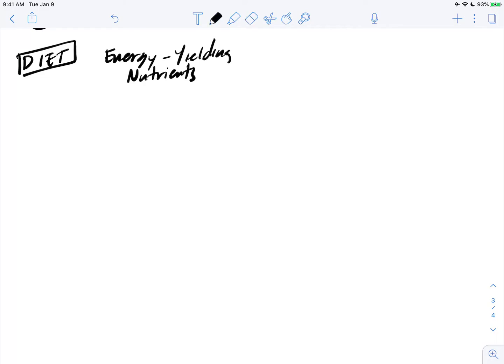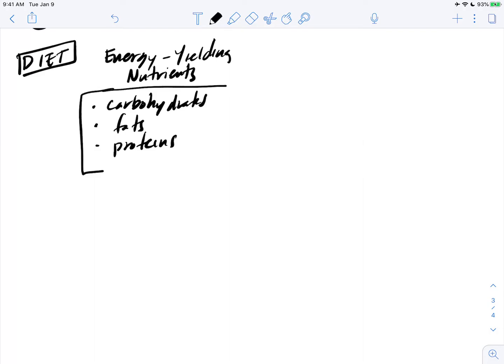So we'll just do an underline there. So we have the three that we talked about first: carbohydrates, fats, and proteins. Now, they don't yield the same energy, and we'll get to that in a sec, but they all have energy content, so we can break these down